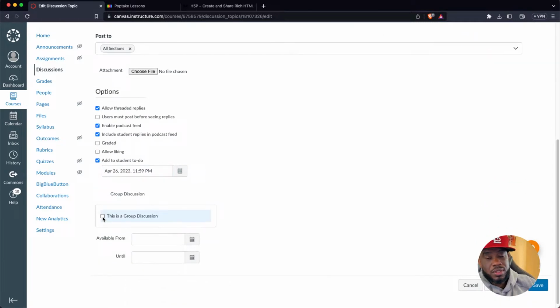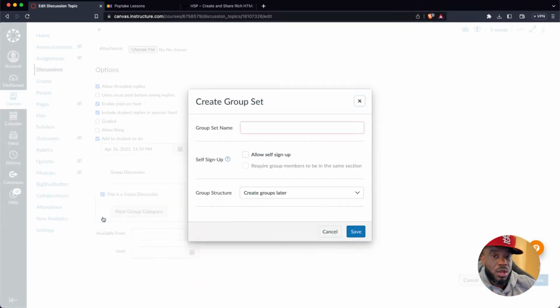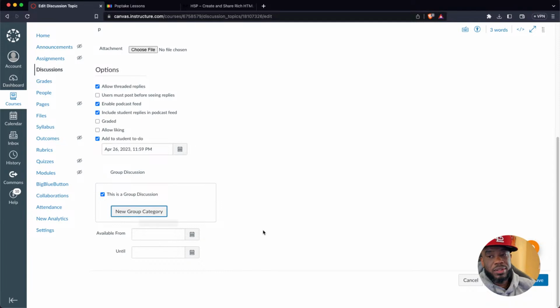All right. Group discussions. So you can also have group discussions inside here, which also makes it super cool, is you can create the group categories. You can allow kids to self-sign up, or you can just create the groups for each of the students. All right, so these 2 people are going to do this, these 2 people are going to do this, or whatever. Groups of 4, groups of 3, groups of 10, whatever, and they can have that conversation. Also, the availability, since I use this as my default page type, I don't put the availability on there just so that anybody can deal with it.